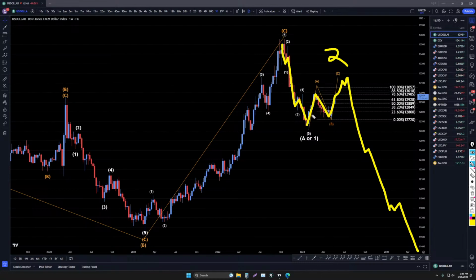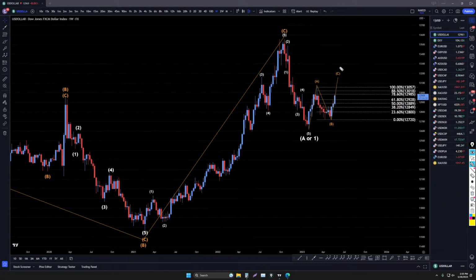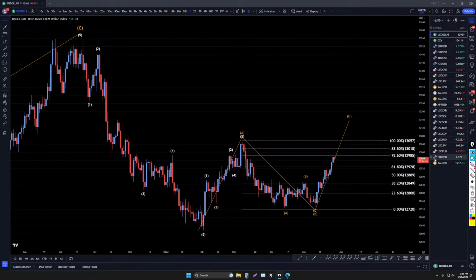Like I said, I think it's going to be a 1, 2, and 3, but if it proves me wrong by making an ABC, which would look something like this, then I will definitely be okay with changing my analysis and going long for the continuation of the uptrend. But for now in the pattern, we're going up for a wave C of 2 or possibly a wave C of B. Either scenario definitely doesn't matter to me, because it's pretty much the exact same strategy anyway. We're going to look at all the dollar pairs in a little while.